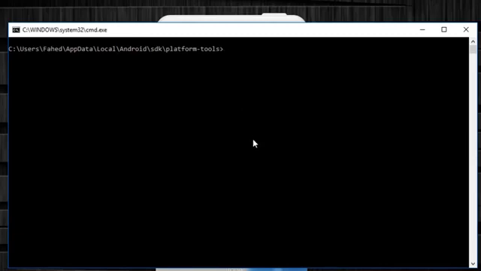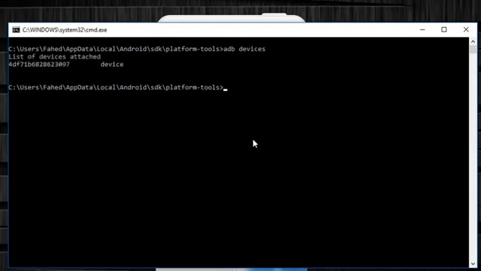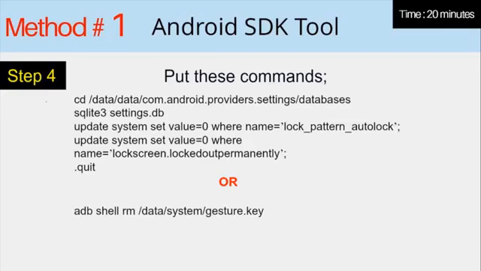It will open the command window. Now you have to put some commands in the command window. To check whether your device is properly connected or not, put the command adb devices and press enter. Now enter these commands. You can copy these commands from the video description.